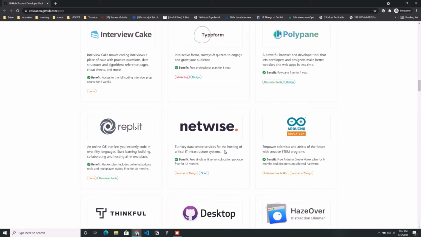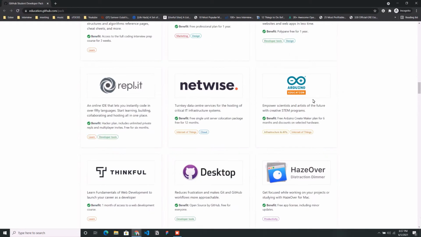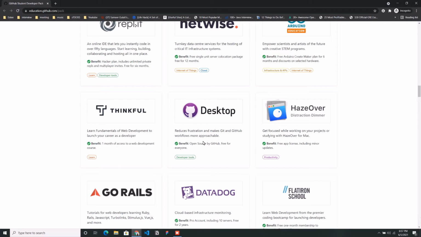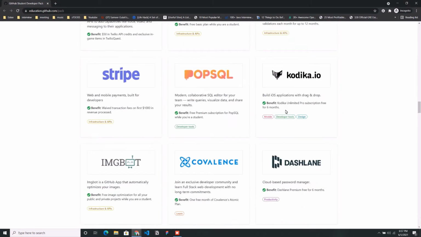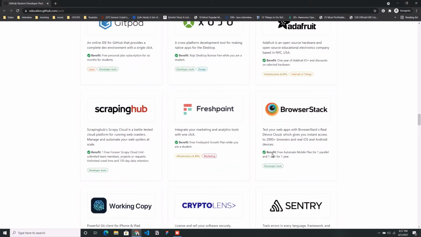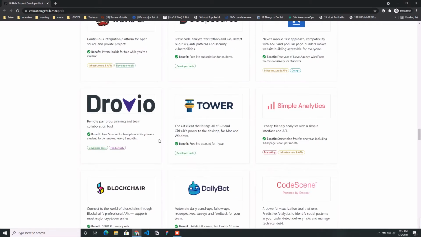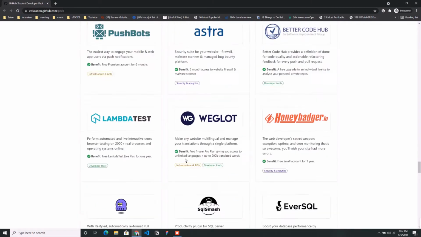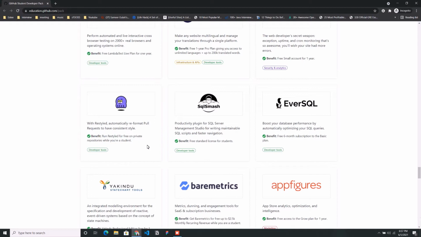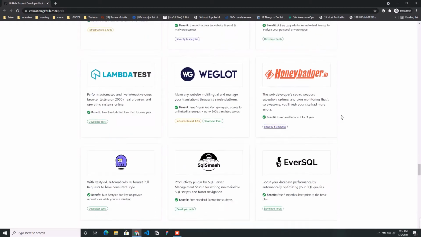If you are into IoT and that kind of stuff, you can get a few hardwares at a discounted price. So that's one thing as well. And there are many sites from where you can get the domain name. That's a good thing, because if you are a student and you are creating your portfolio, you can host it on Heroku. You can deploy your application on Heroku, and then you can use a domain name from either Namecheap or name.com. So yeah, that's a great thing. You can show your skills, like you have created your portfolio and you have hosted it with the domain name.